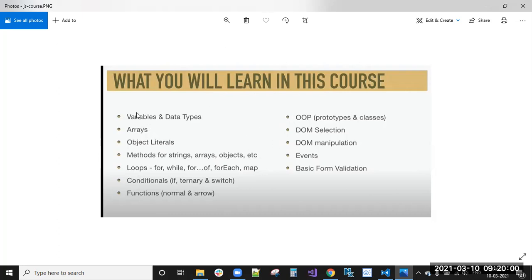1, 2, 3, 4, 5, 6, 7, 8, 9, 10, 11, 12. Mostly 12 to 15 days we will complete JavaScript. And JavaScript is the hard part of UI development. If you learn JavaScript, you are good at 60% of the UI. HTML and CSS will always add 20% to your weightage, almost you can say 50%. 50 plus 20 is 70%, and the remaining 30% is Angular, React.